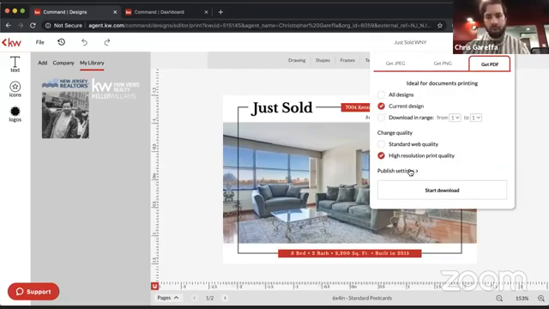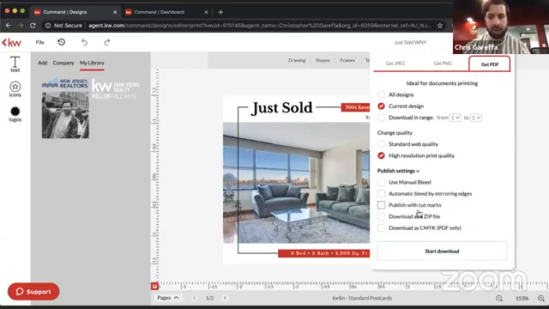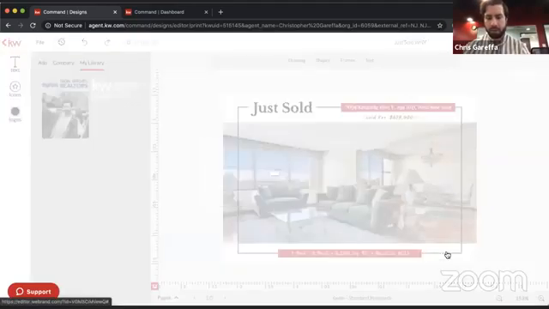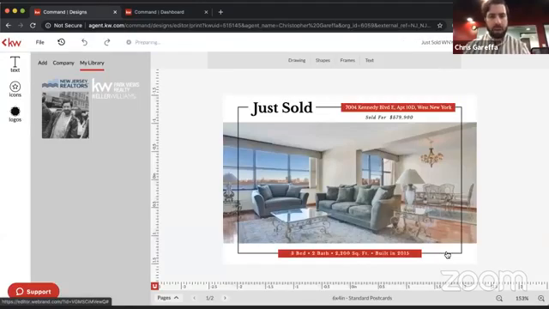Other things I'll also bring up here, publishing settings. We do have a bleed on here already, which is a 0.125, which is essentially what needs to be added. So let's go ahead and download this. It's going to be page 1. Once that downloads,